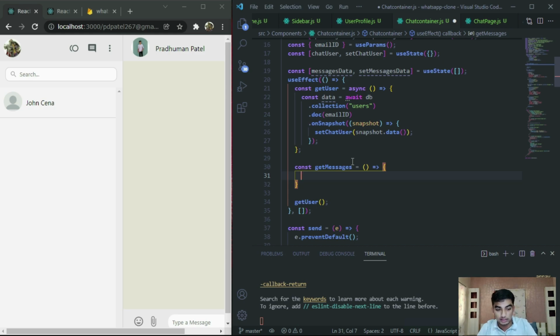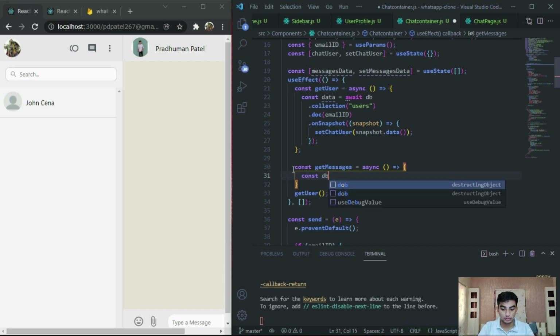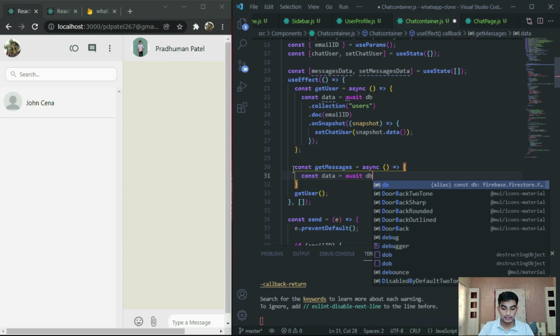Get messages const. Okay. Now we have to grab the messages from the Firebase. So const getMessages equals to async function. This is a synchronized function, async. const data is equals to await db.collection